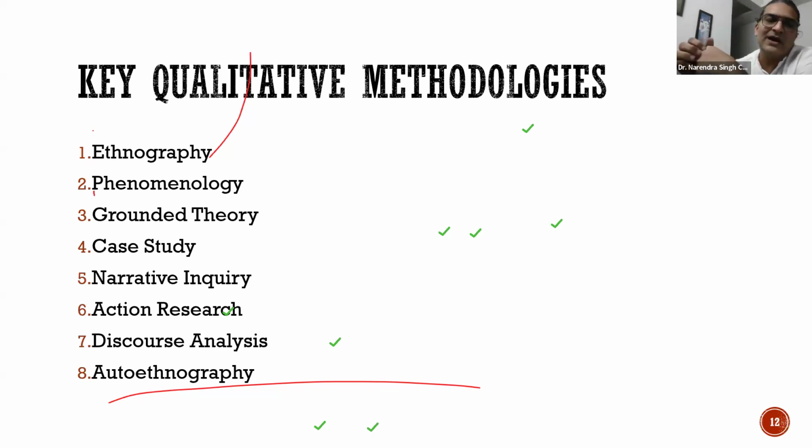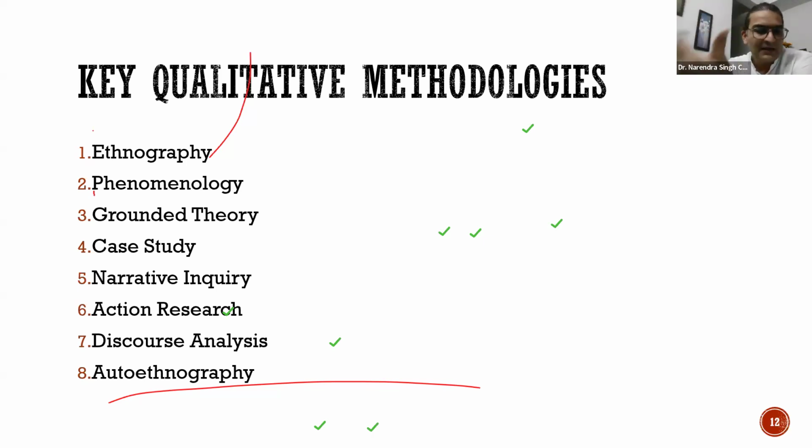So what you are doing is trying to analyze the discourse: what the speakers have actually talked about, what kind of discourse they have given. On the basis of the discourse, you try to identify what they largely want to talk about. For example, after Operation Sindoor, Prime Minister Modi gave a press release and addressed the nation. The discourse he gave was analyzed by various news channels and intellectuals, to understand what he wanted to convey and make some sense out of it, right?